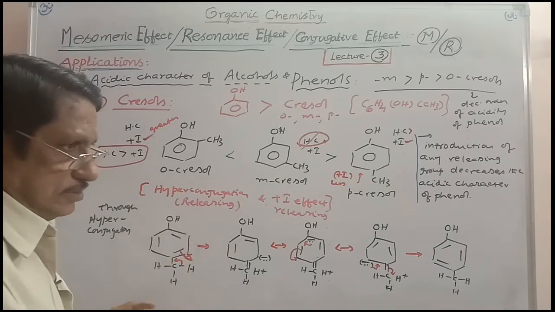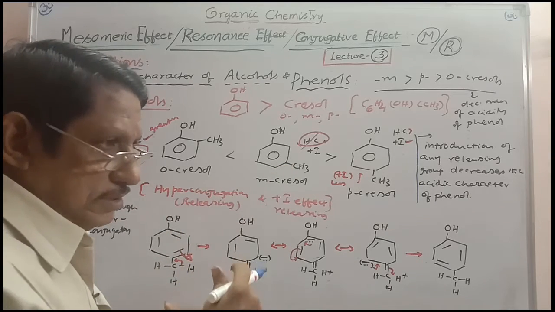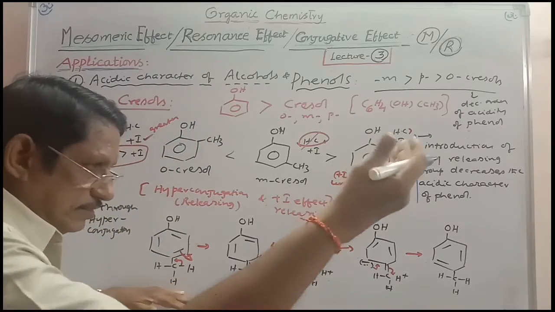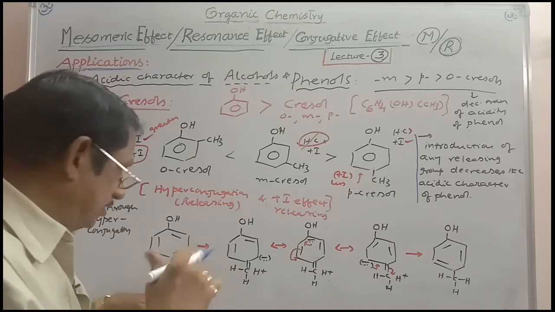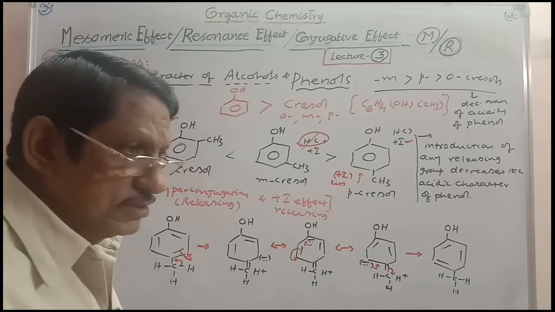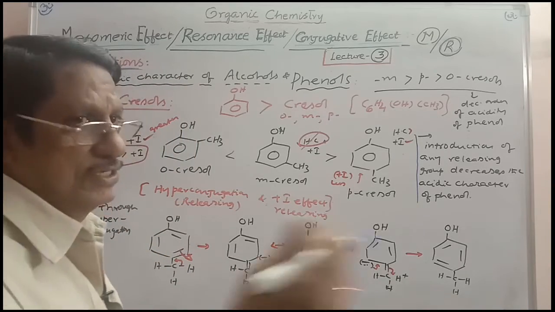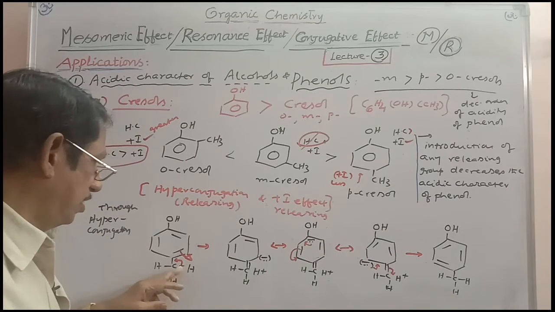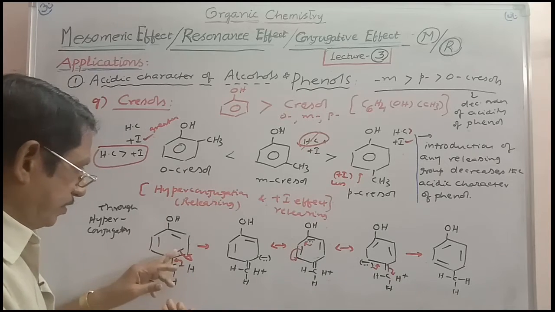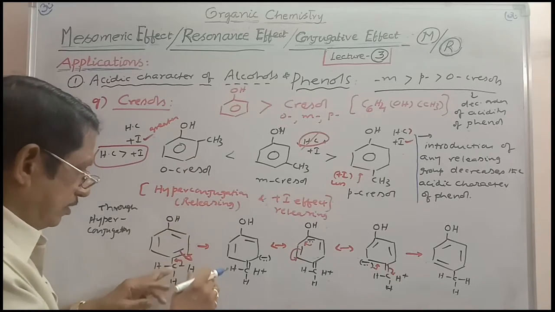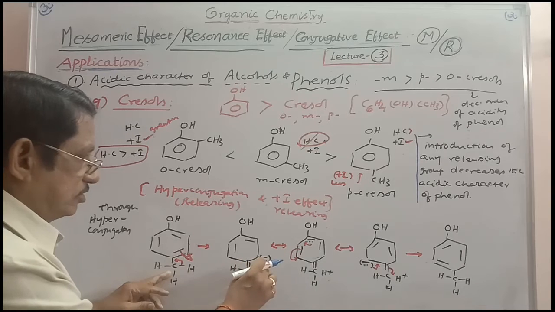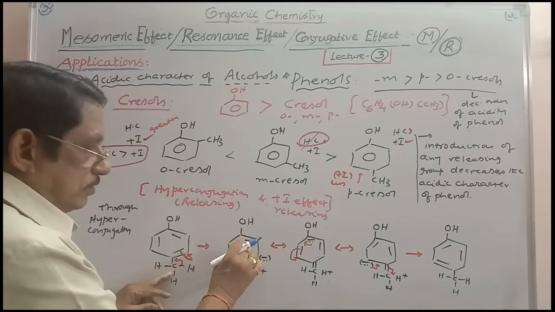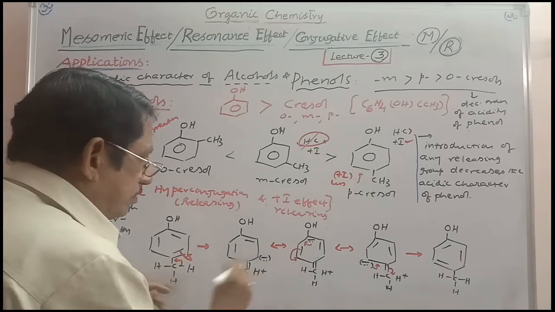Through the hyperconjugation, negative charge will be delocalized in the benzene ring, and this is a special case. Under the heading hybrid conjugation, we will discuss. Hybrid conjugation is nothing but participation of sigma electron clouds in the delocalization, a special case. Here, this is the sigma bond between C and H. This is moved towards the benzene ring. The pi electron cloud is polarized, and so you will get here double bond, C minus charge at the ortho position with respect to CH3. Using this polarization in the conjugate pi bond, and so this is shifting like this.